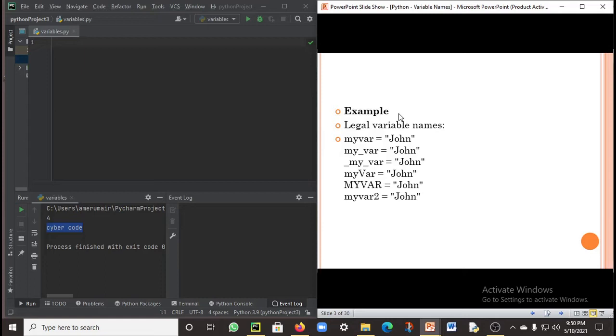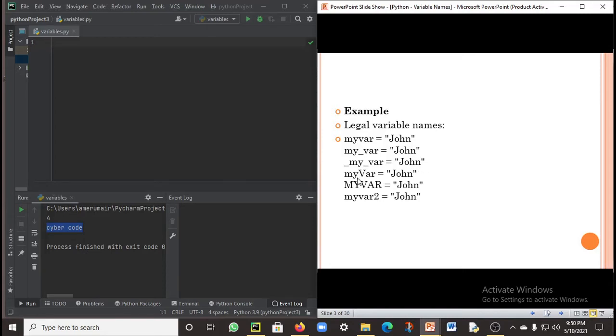myvar, my variable. It can be created simply like this, or by giving an underscore in between: my_var is equals to John, or else you can write the variable name like this: _my_var is equals to John.